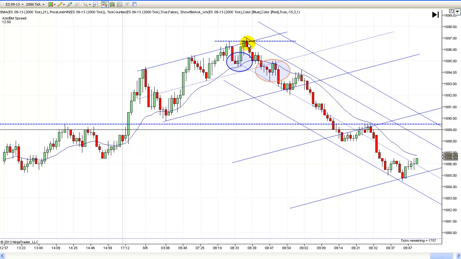This one was a third push up, 1, 2, actually 1, 2, 3 right there, and there was a lower low here than right there, although that's not much of a pullback. So you might have considered shorting there, but it was real aggressive. But when we went all the way through here and made a lower low, and then we come back to the EMA and test it and turn down,